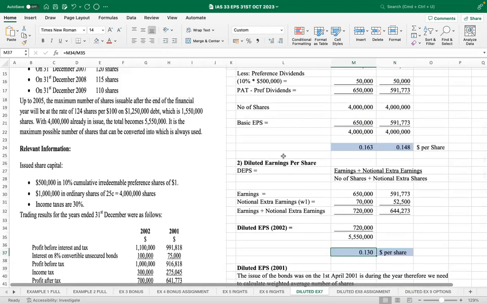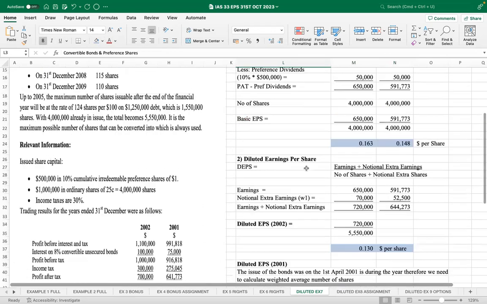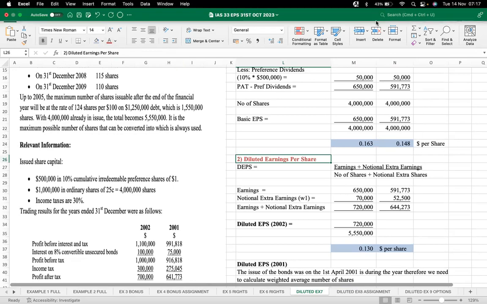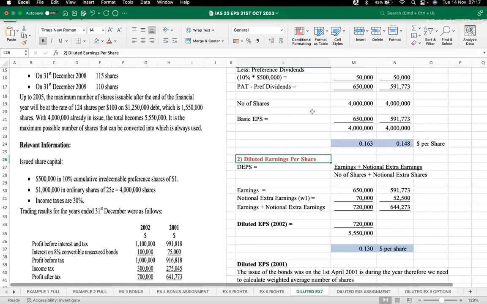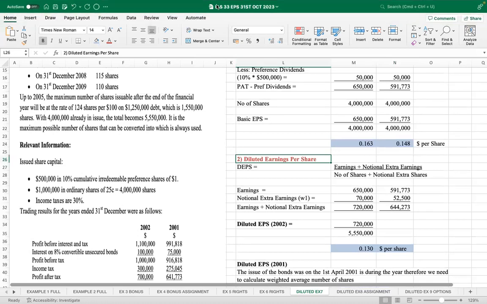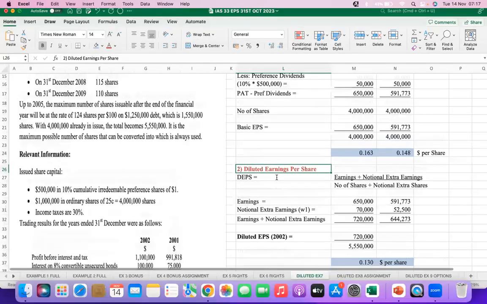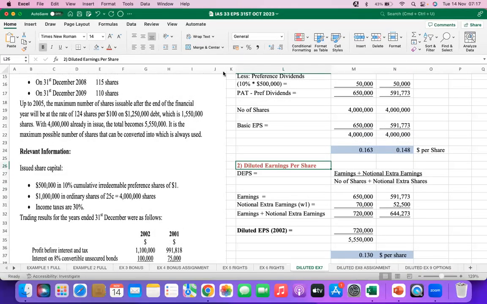And that is how we account for potential ordinary shares, and specifically how we account for convertible bonds and preference shares. To enable us wind up on basic EPS, it's also important to wind up on diluted EPS. It's also important to look at exercise of options and warrants. How do we exercise our options and how do we exercise our warrants?